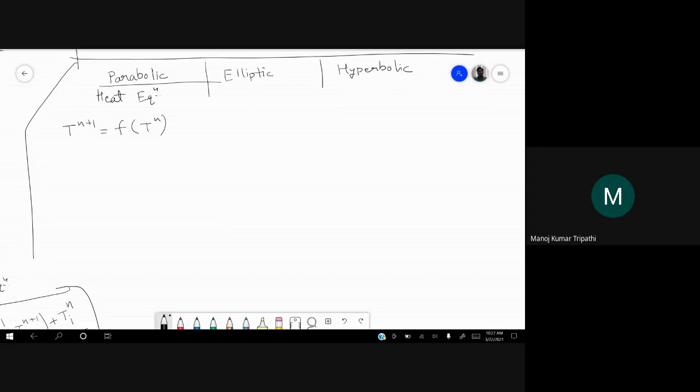For hyperbolic equation also, we saw what is an example of a hyperbolic equation. Can you please write? Yes.